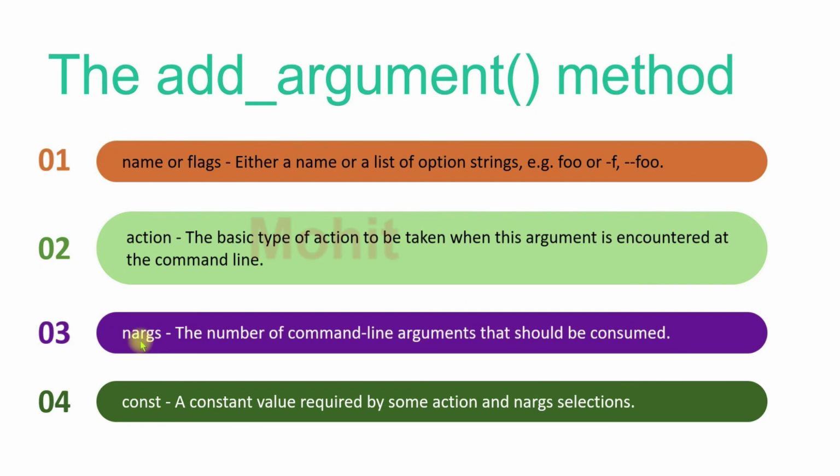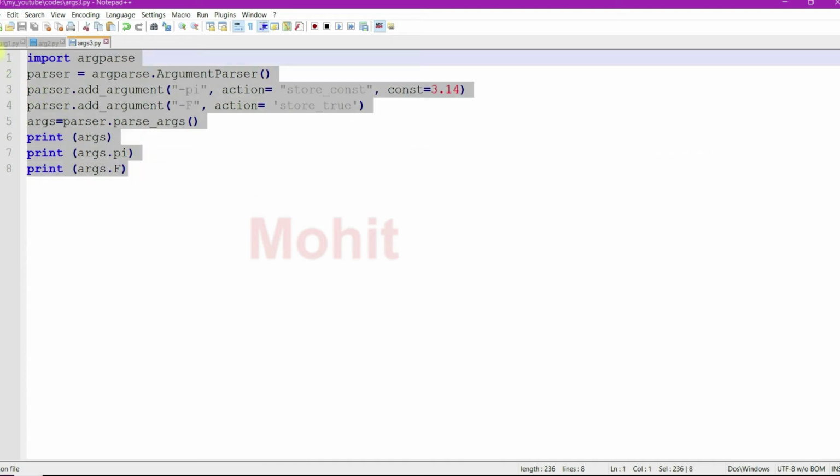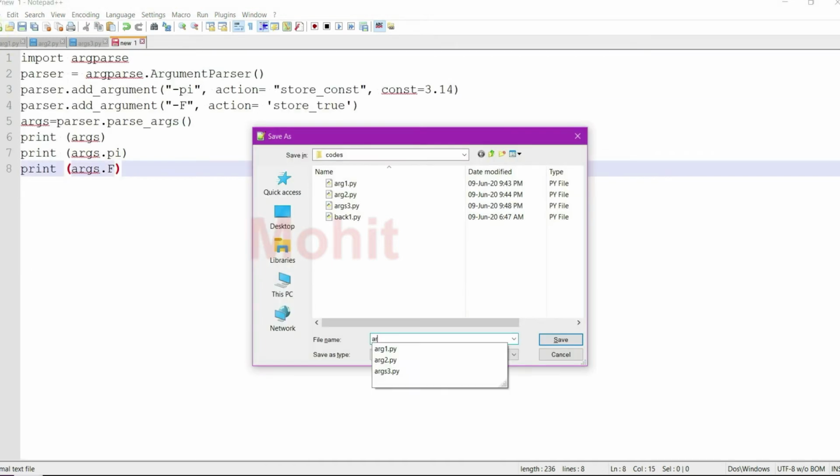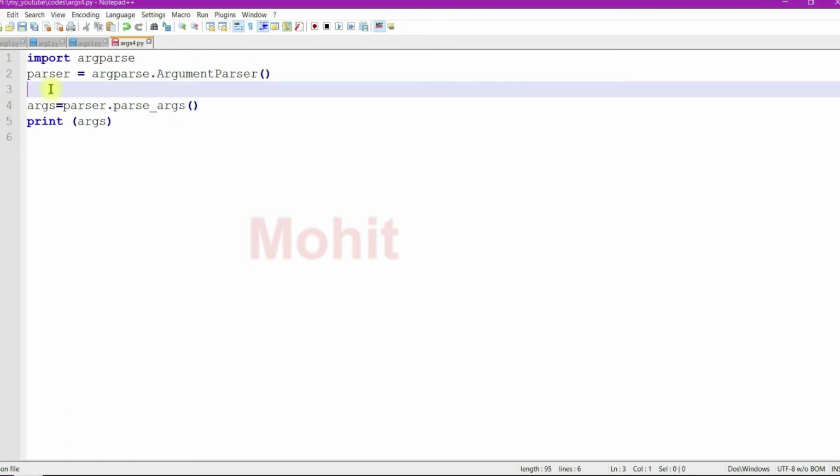Next argument is nargs. ArgumentParser objects usually associate a single command line argument with a single action to be taken. The nargs keyword argument associates a different number of command line arguments with a single action. Here I specified nargs equal to 2.